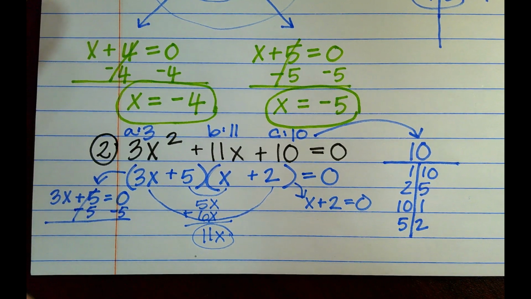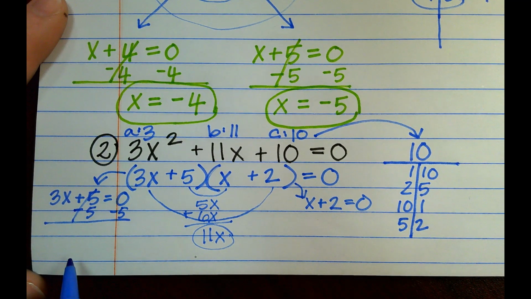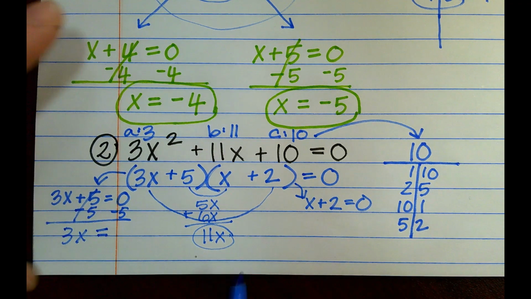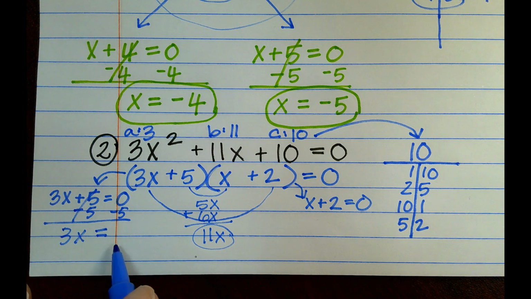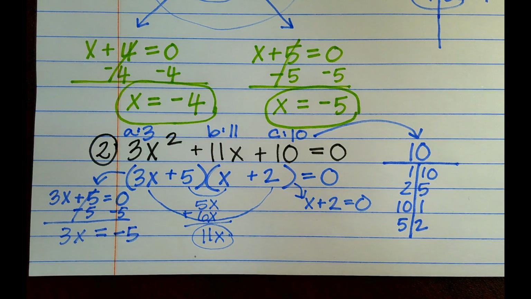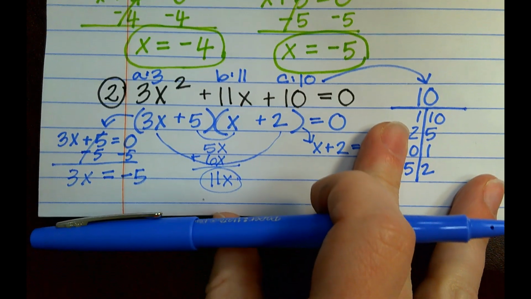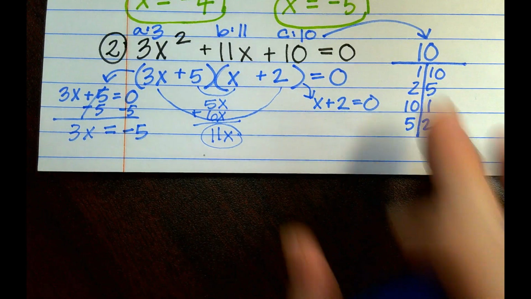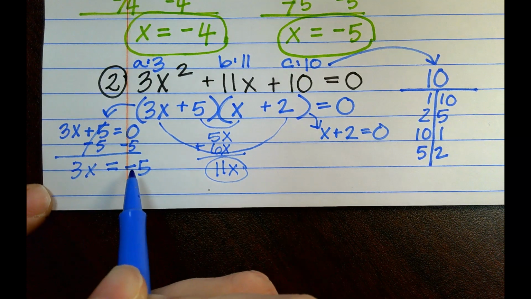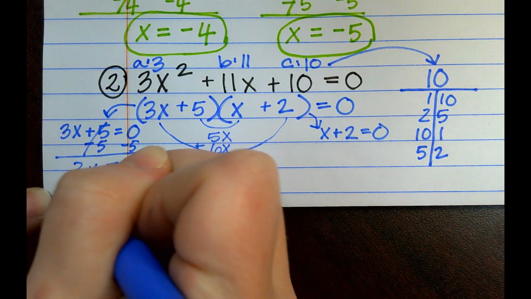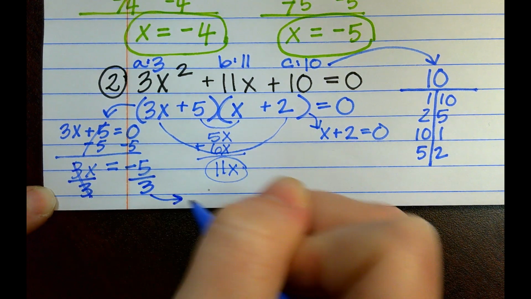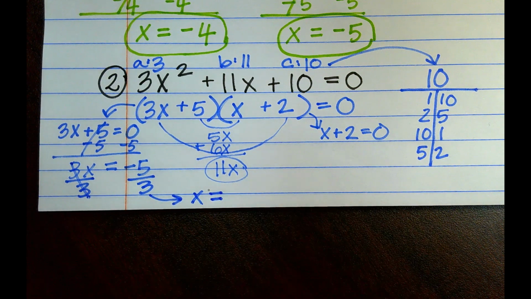My 5's will cancel. I'll bring 3x down, and it's equal to negative 5. Good. So now I have 3x equals negative 5. I'll move that up because I know we're getting to the end of the page. What do I do from here? Divide both sides by 3. Good. And we will get x equals